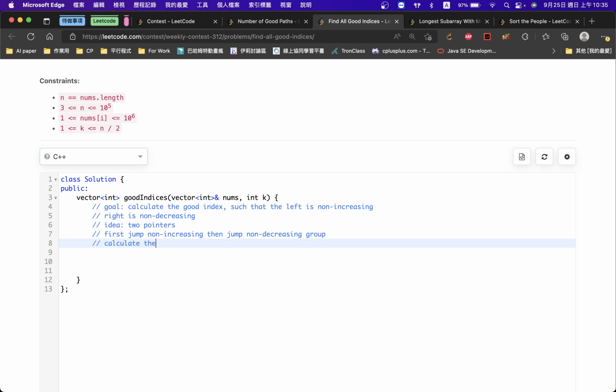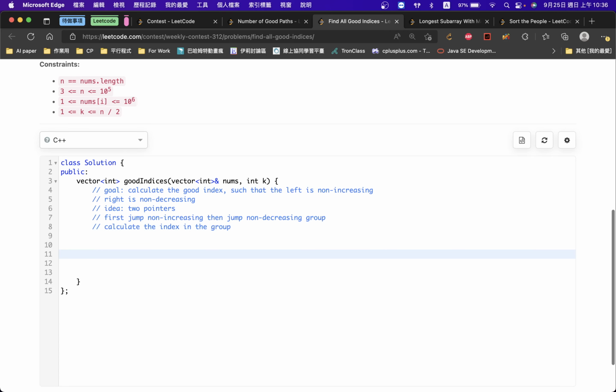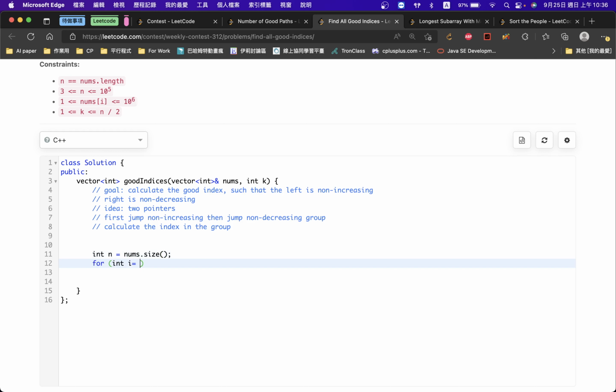Calculate the index in the group. Alright, so from this position,